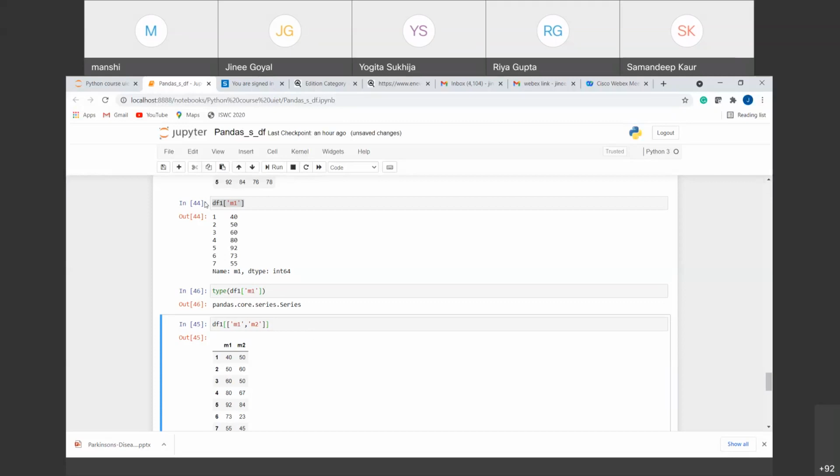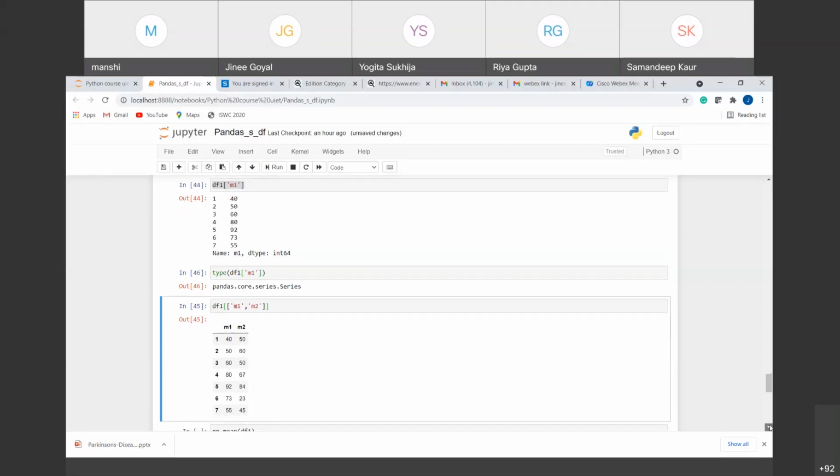So if I have taken one column out of it, it means that it is essentially a series, right? To show you that, I have written the type. Type is an inbuilt function that we can use to see what the type of this is. So I've given this inside it. You can see that it is of the type series and not the data frame, right? So this verifies the fact that a data frame is a collection of series.